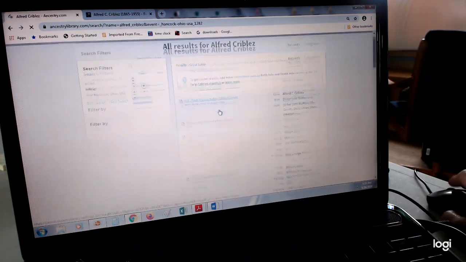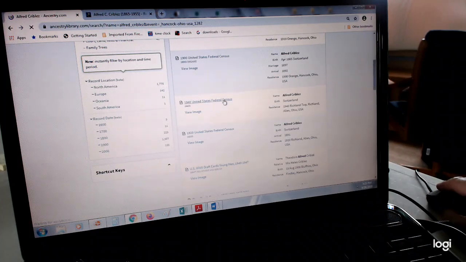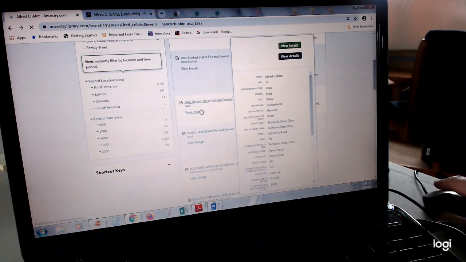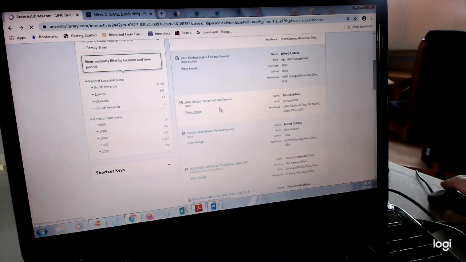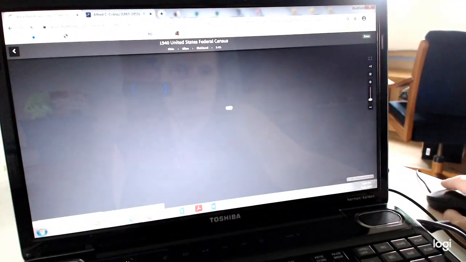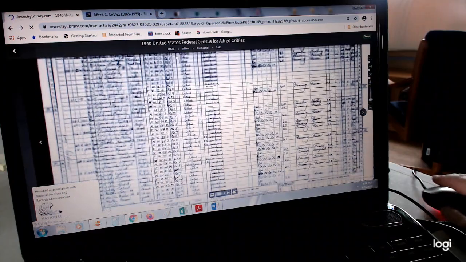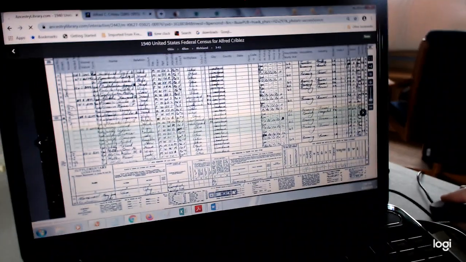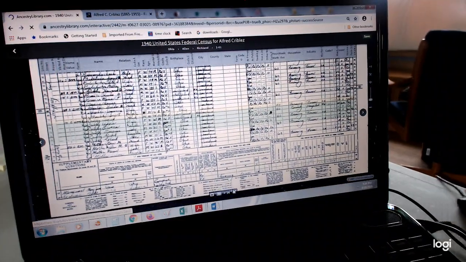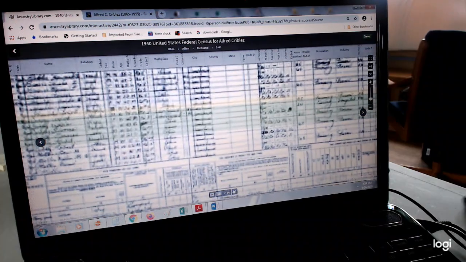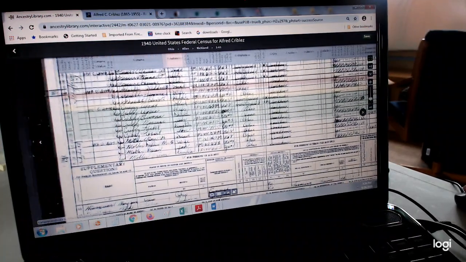And we get back here, and we're going to look at the 1940 census. So if we go up here, oh, there we are. And again, it's such tiny writing. At least it's legible.